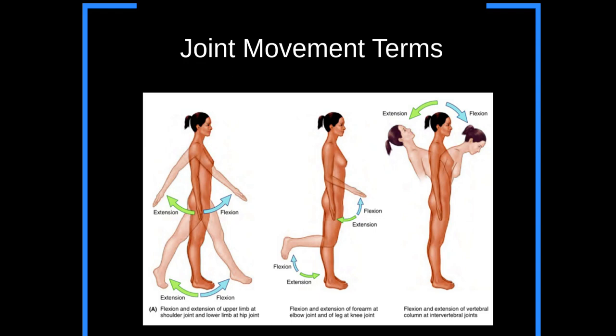I want you to learn the key movement planes of the body, and I want you to learn the key movement terms of the body. Because once you understand flexion and extension and abduction and all these terms we're about to go through, and you attach muscles to those, then you'll never be stuck for what an exercise is working. You'll always be able to regress back to this information here and determine exactly what muscles are being targeted with